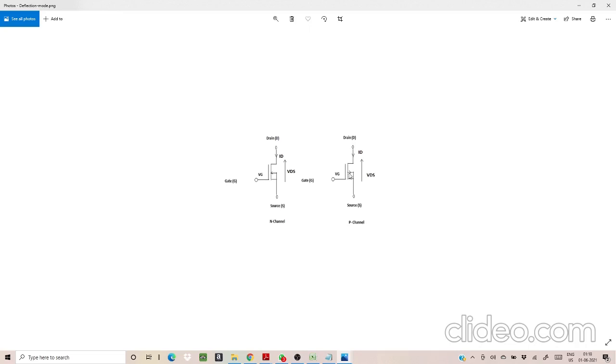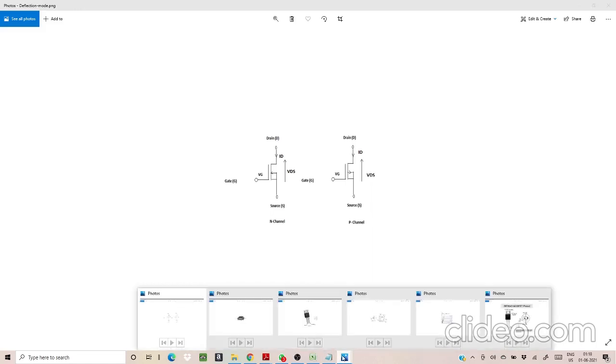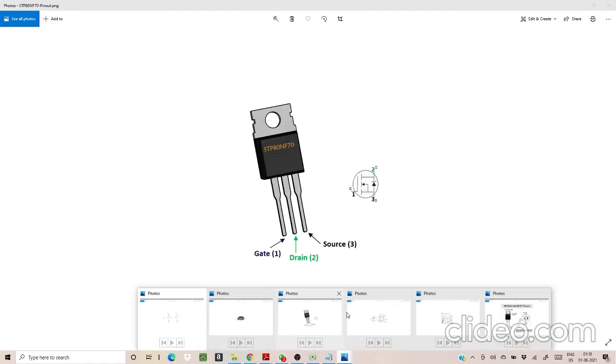From the gate, it moves exterior, that is, it moves outside the source. That is the difference between the N-channel and P-channel here. So you have already noted down the pins here. First pin is gate, the second pin is your drain, and the third pin is your source.